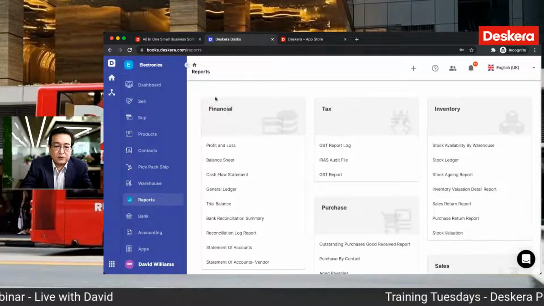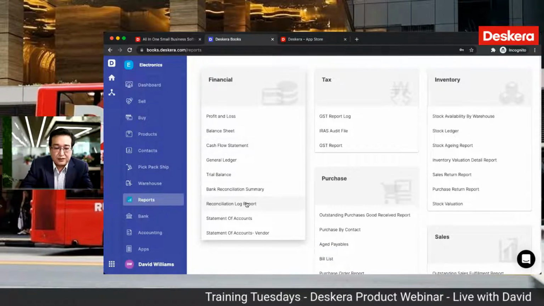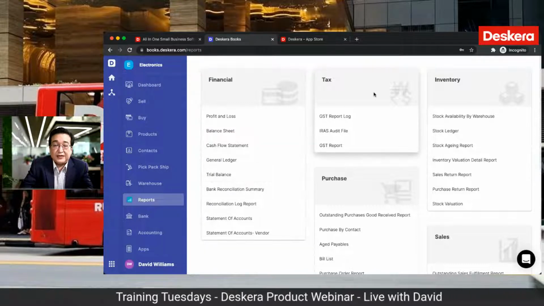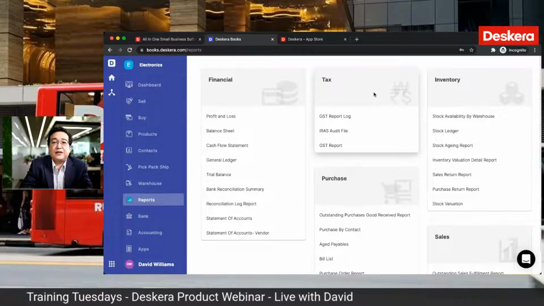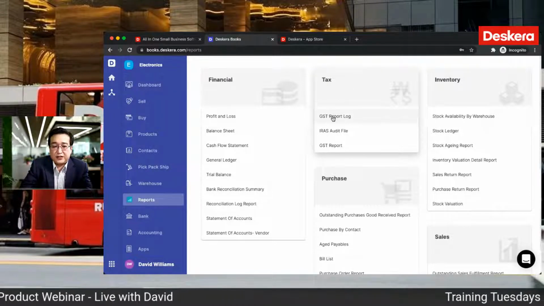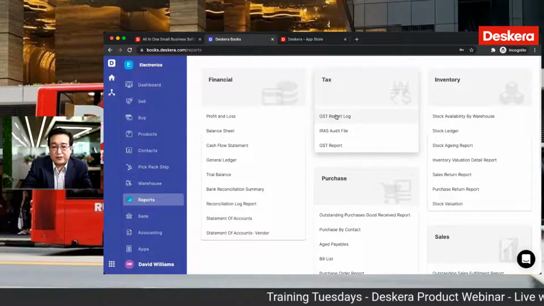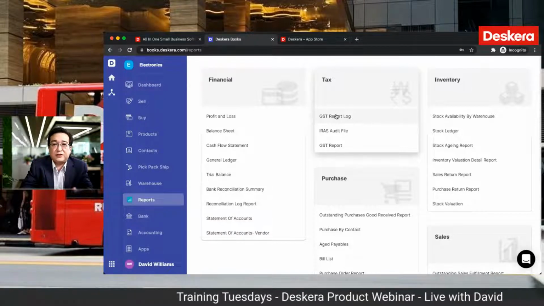Next, let's go to reports. So we can see our financial reports, profit and loss, balance sheet, cash flow statement, all the standard reports. Now, this is the key thing: your company tax compliance reports. Depending on the country you select here, you'll see what reports are required. For example, under Singapore, you see your GST reports, but under different countries, you'll see different